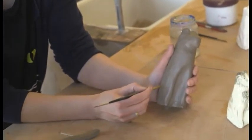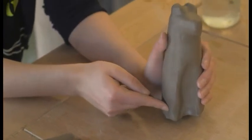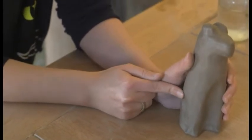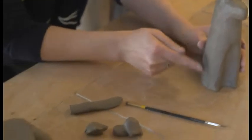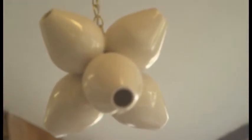Using the end of the paintbrush, make a little mark where the legs are going to go, and then with my finger roughly carve out a vague shape of the leg. Right. It's a bit of guesswork. Can you try and copy yours? Yeah. Just where the back leg will go down. It's really fine, you don't really notice it so much, but...